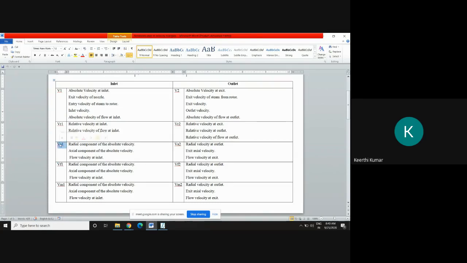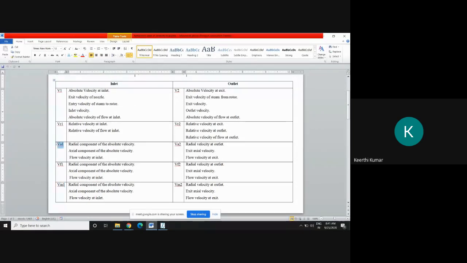VA1, I will write with respect to steam turbine. VF1, I will write with respect to hydraulic turbine. VM1, I will write with respect to centrifugal pumps or centrifugal compressor. That's the only difference. So just to differentiate between each and every chapter, I denoted VA1, VF1 and VM1. All these three are similar, and the explanation for all three is the same. So no need to worry much. VA1 is equal to VF1 and is equal to VM1, but depending upon the chapters, I have given separate names.